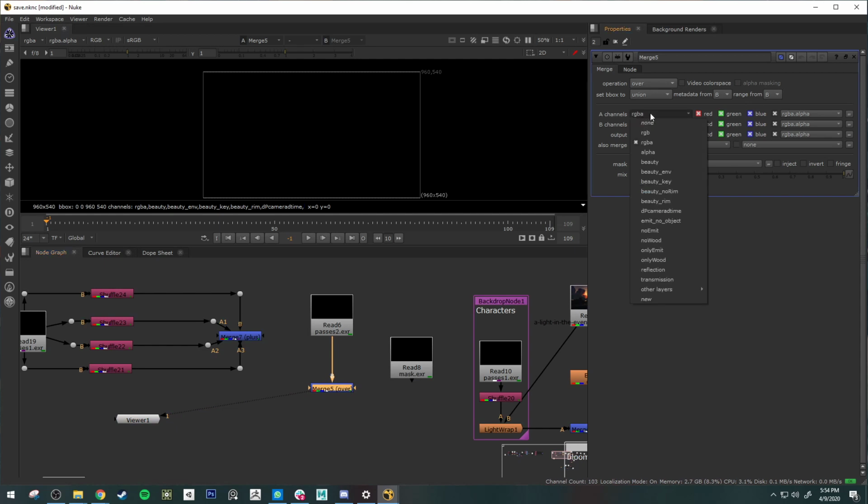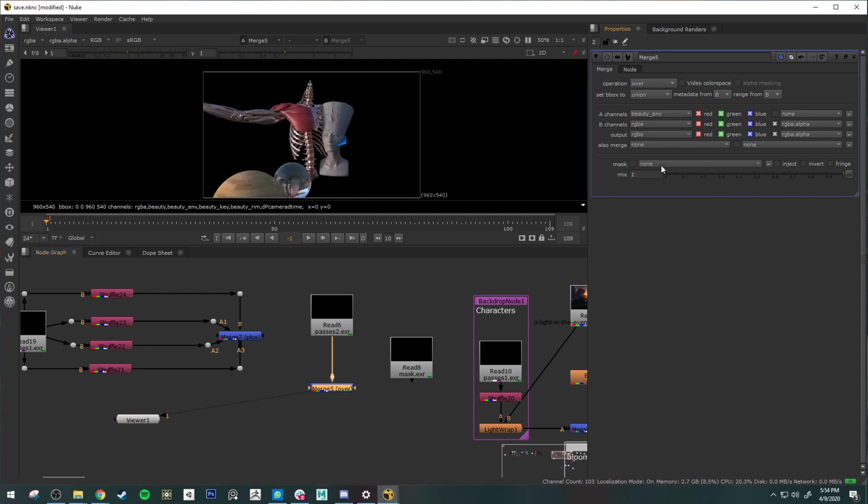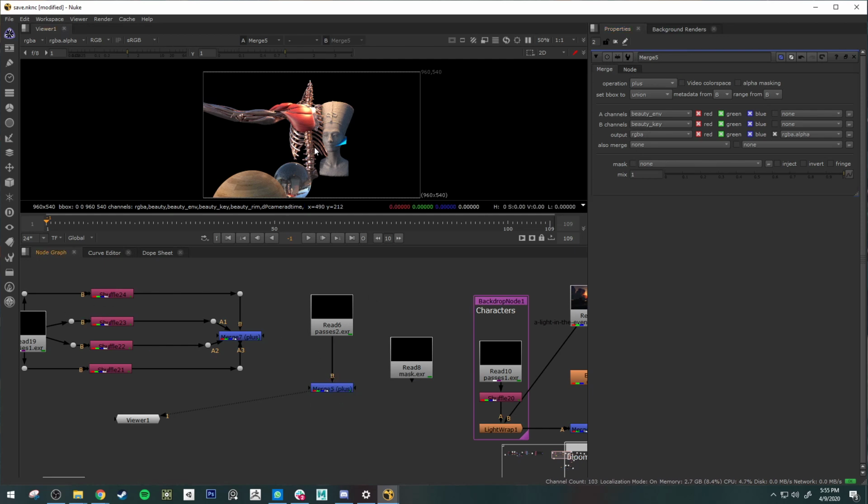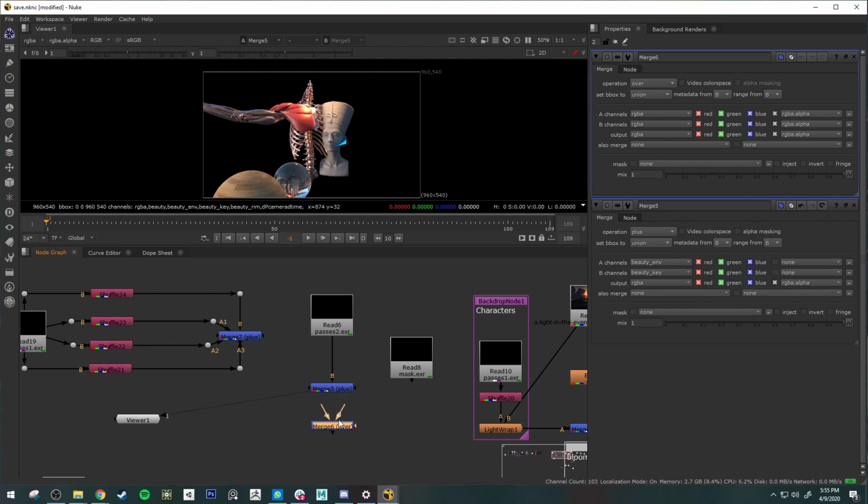Okay, so in the A channel, I want to grab the environment light, and then in the B channel, I want to grab the key light. So you'll see here, I'm just doing an over node, or you can also do a plus node. And so it's just doing the same thing we did over here with the merge node from two different shuffles. And if I want to add another image, I'm just going to do another merge, and I'll plug it into this one. Okay. And down here, what I'm going to do is, because the output of this merge node is now RGBA,